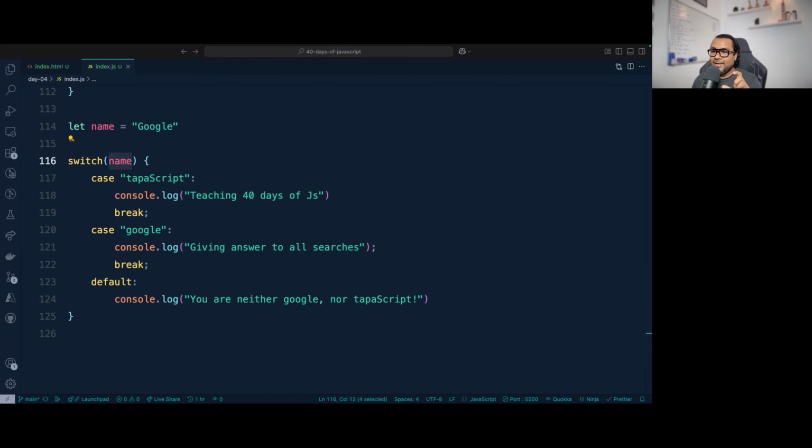It is like a table of all these values, indexed. So it means that there is a table created already with what to execute for tapaScript, and what to execute for Google. See, there is a table. Now, if you see this variable's value, you can search in that particular table very quickly because it is indexed, and go to that particular table row directly, get the value and give it back.